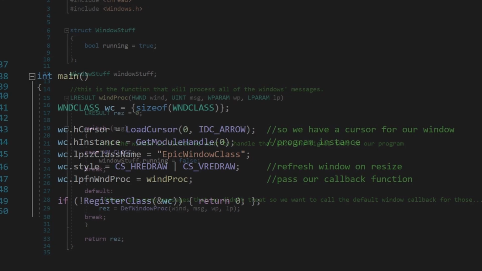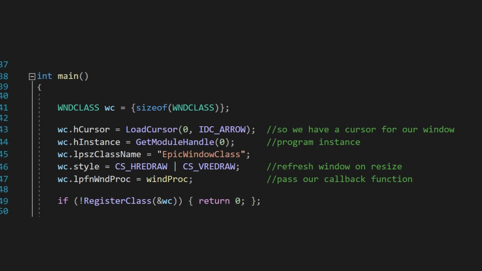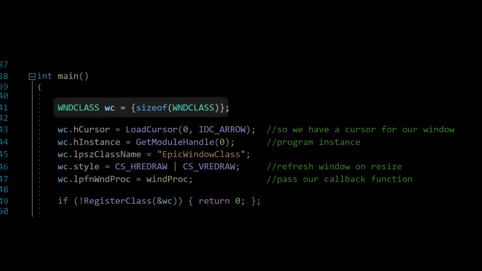Now one more thing before we can create our window. We need to create a window class. This is like a style for the window, but not in how it looks, more like in how it behaves. You will see in a second what I mean by that. So we create this big struct, and I use this trick that I told you about in day 0 to initialize its members. And you watched the previous videos to this one, haven't you?